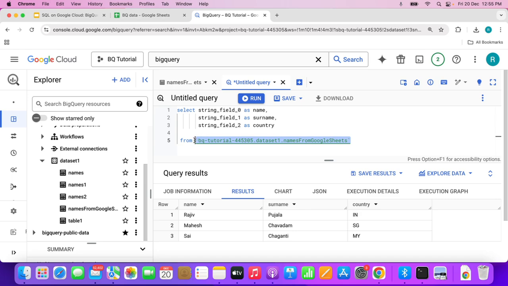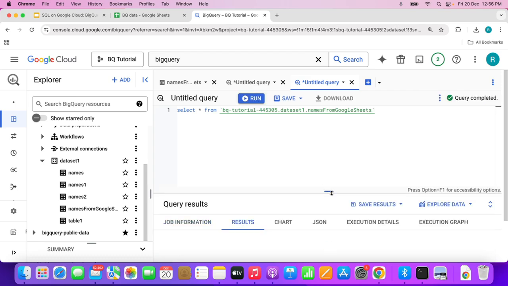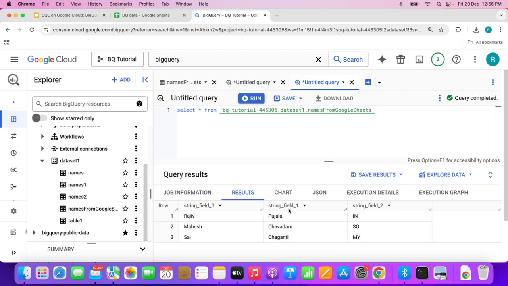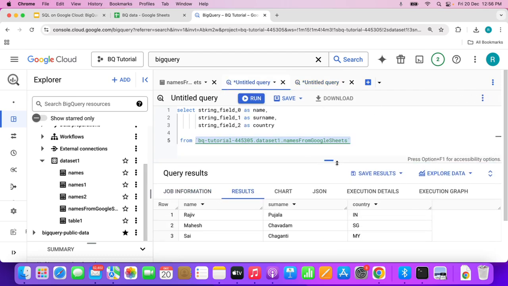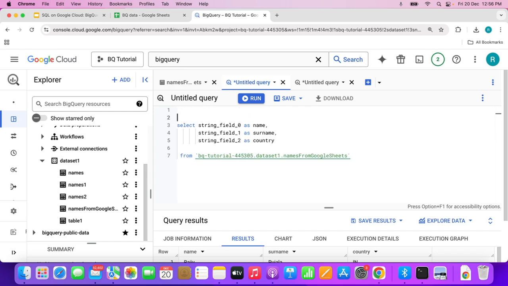For example, if you copy this table name, go here, and run this again, you will see the names as string field 0, field 1, and field 2. So what we can do for that, let's come back to over here. Let's create a table,